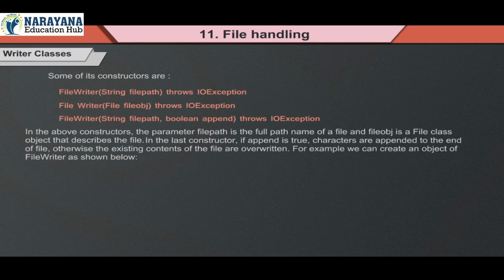In the last constructor, if append is true, characters are appended to the end of the file. Otherwise, the existing contents of the file are overwritten. For example, we can create an object of FileWriter as shown below. FileWriter fwObject = new FileWriter("/java/files/carefile1.txt");